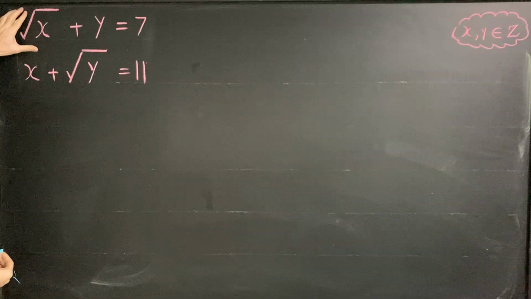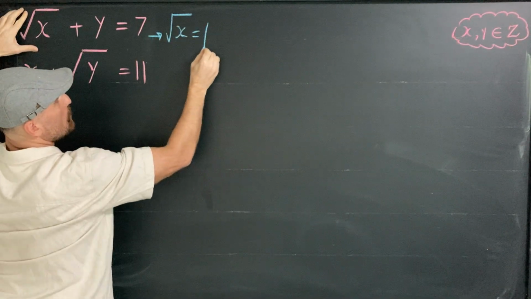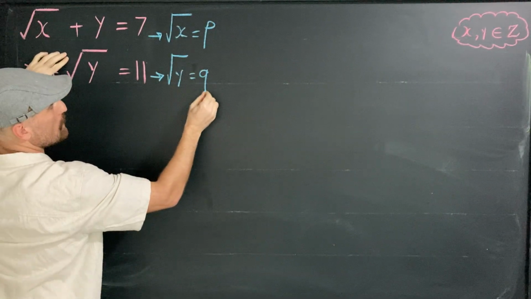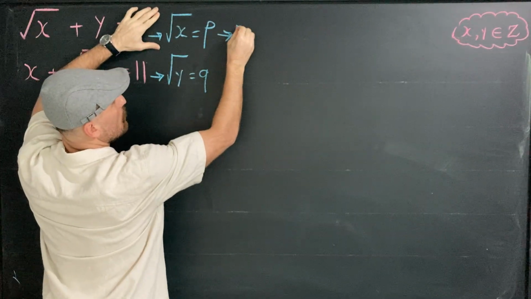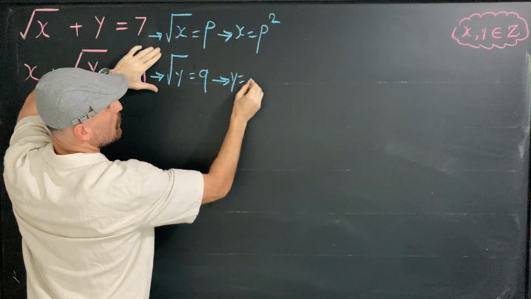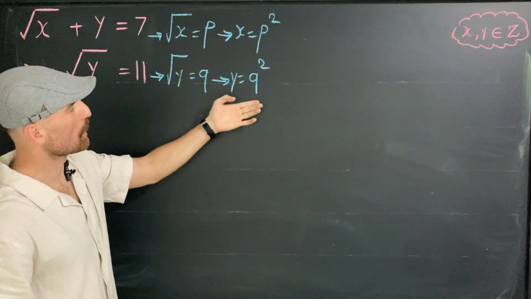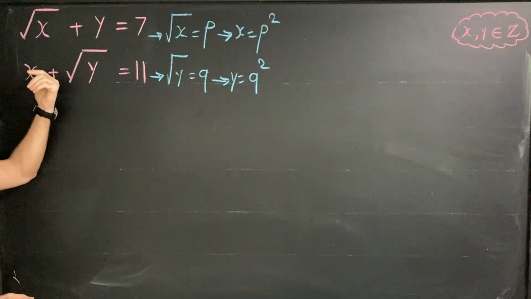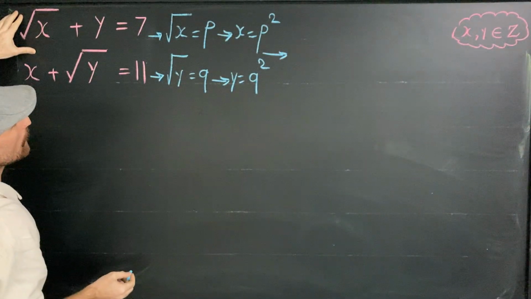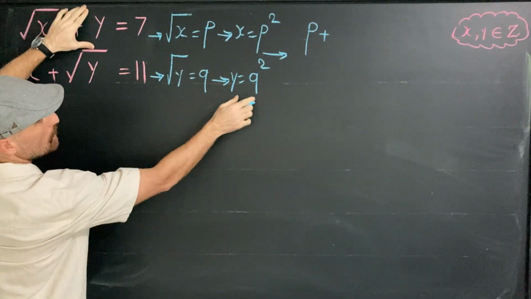To solve this, I'm going to set the square root of x equals p, and the square root of y equals q. From this, x becomes p squared, and y becomes q squared. Now we are going to plug p squared and q squared into our original equations to continue the solution. So equation number 1 is going to be the square root of x, which means p, plus y, which means q squared,